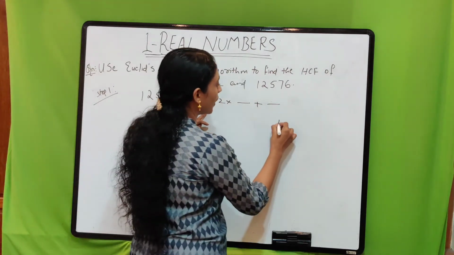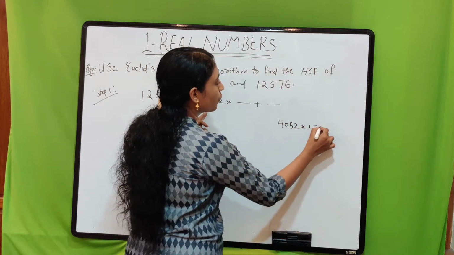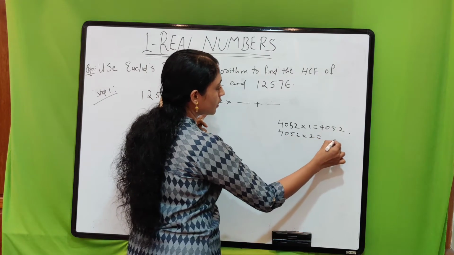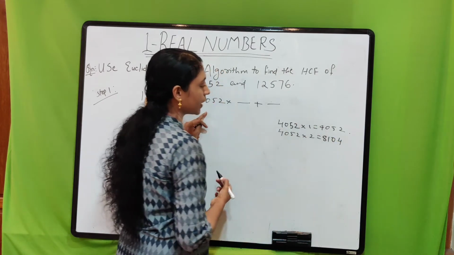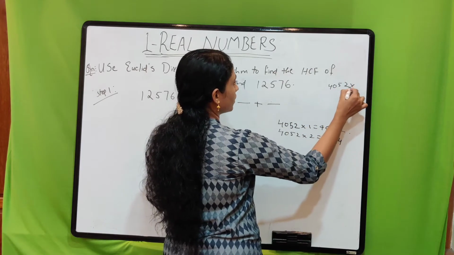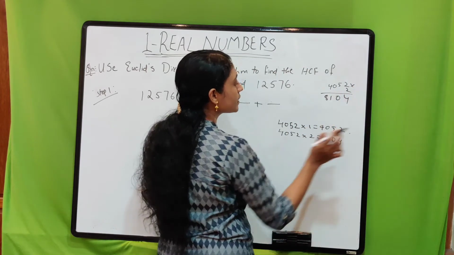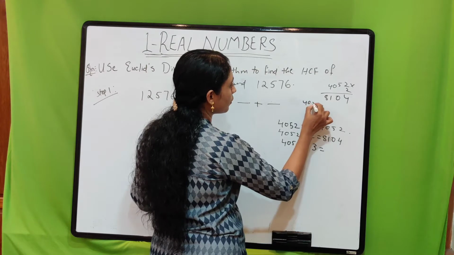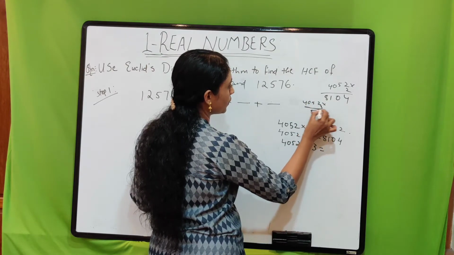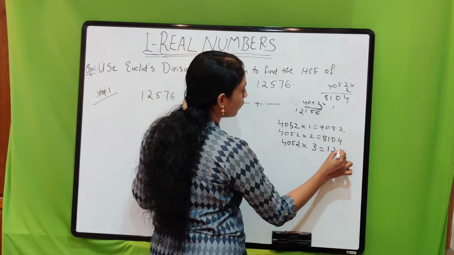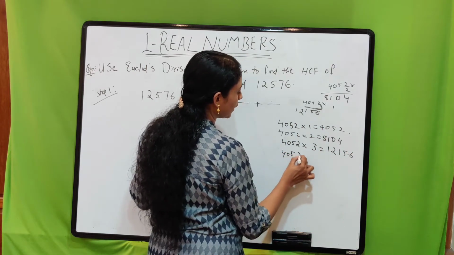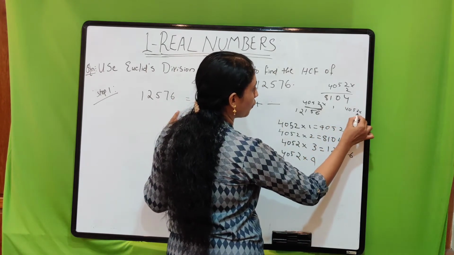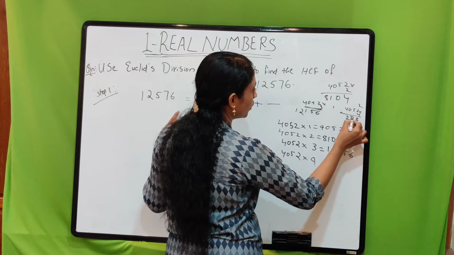So 4052 into 1, it is 4052. 4052 into 2, what is it? 8104, right? How to check it? 2 2s are 4, 0 and 5 2s are 10, remainder 1, 4 2s are 8, so 8104. And what about 4052 into 3? 3 2s are 6, 5 3s are 15, remainder 1, 4 3s are 12, 1 2 1 5 6, so 12156. What about 4052 into 4? 4 2s are 8, 5 4s are 20, remainder 2, 4 4s are 16,